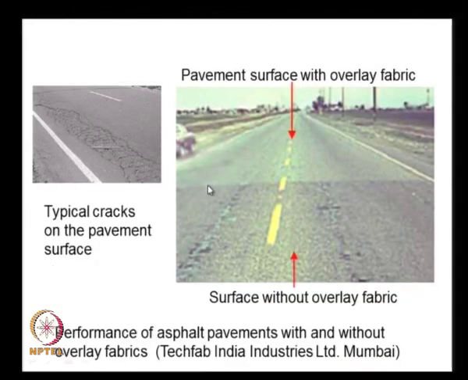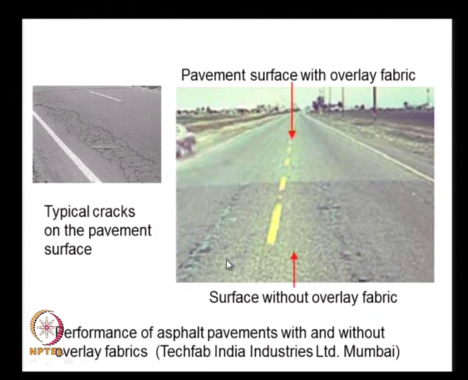And that can be easily done by using geosynthetics. Here we see an example of an application of paver fabric on the highway from Mumbai to Ahmedabad, and this is a typical crack pattern that we see on the roads because of several reasons. On the right hand side you see the pavement, and this portion is treated with overlay fabric, whereas this